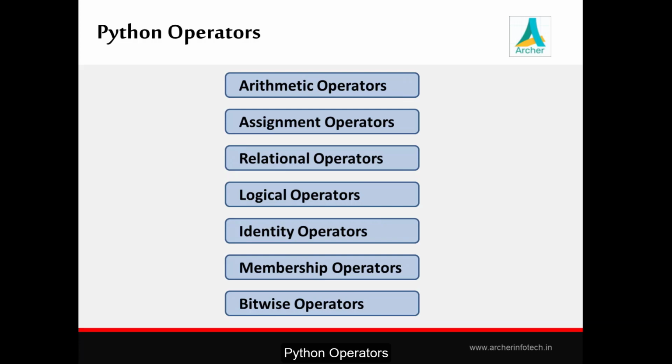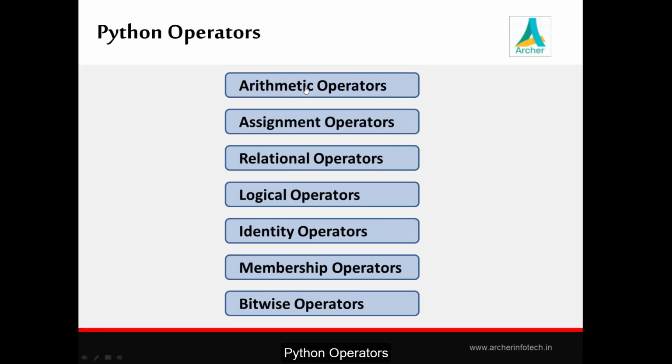Operators can be unary, binary, or ternary, depending on the number of operands on which they operate. A unary operator operates on a single operand. When you say -10, this minus sign is acting as a unary operator because it is operating on a single operand. When we say 10 plus 3, it is operating on two operands, so it is a binary operator. And even in Python, we can implement a ternary operator by means of shorthand if else. We'll see afterwards how we can design this ternary operator in Python.